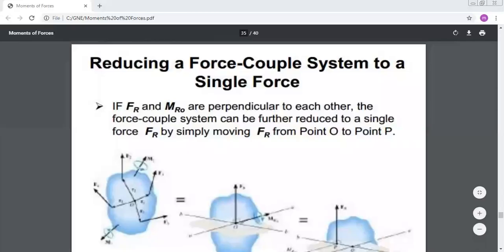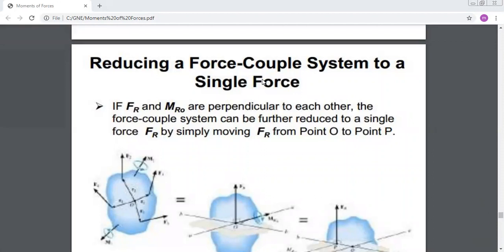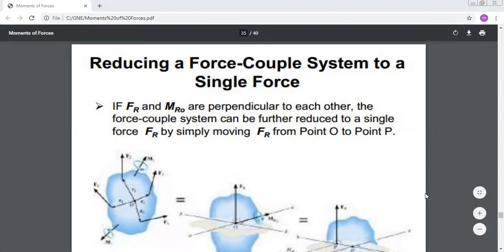So we will continue today the chapter of moment of forces. Okay, we have seen last time how to obtain equivalent systems. So if we have a system of force, we can reduce it to one force, one couple. And we said that in this case, what we can do if you want to reduce a system of moment